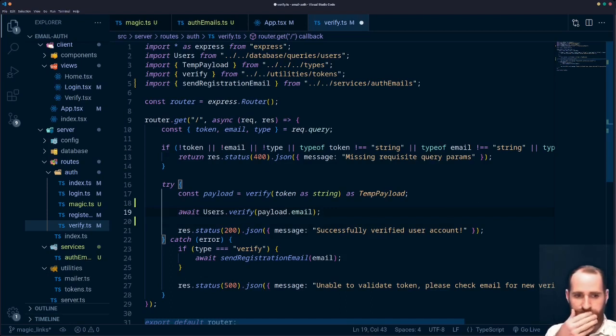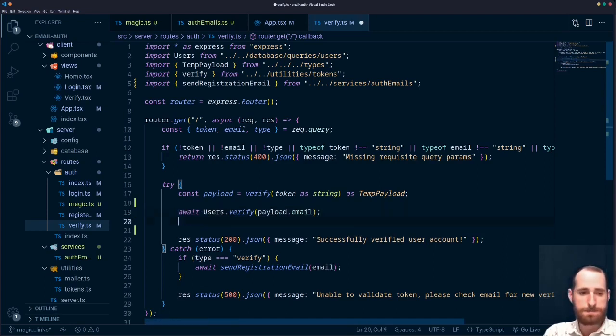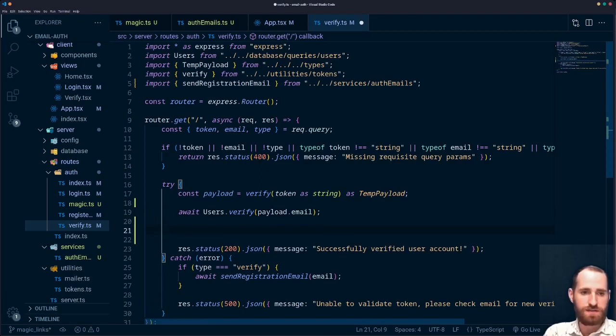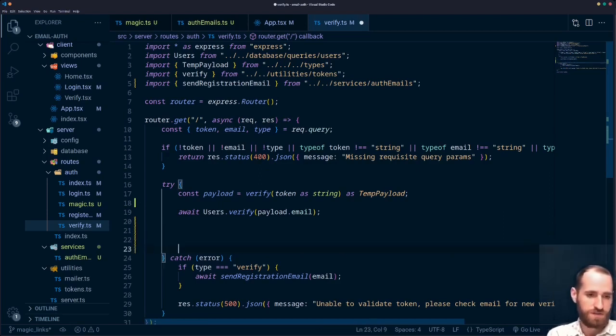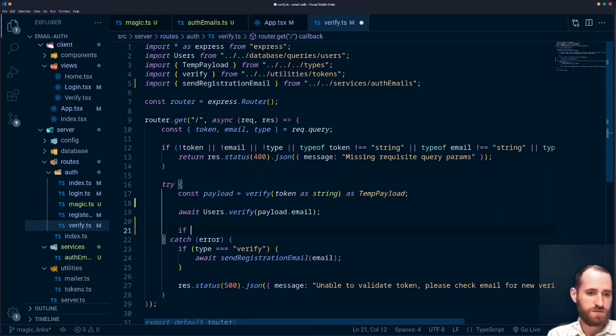So let's see. So we validate the payload and extract that information out. And I mean, we can just straight up run that no matter what. So cool, that's fine with me. And here we can say if its type is a magic link, we can send that token up. So we'll conditionally do this. We'll say if